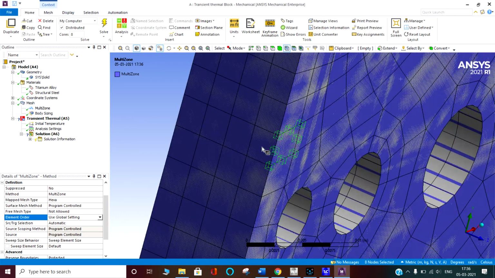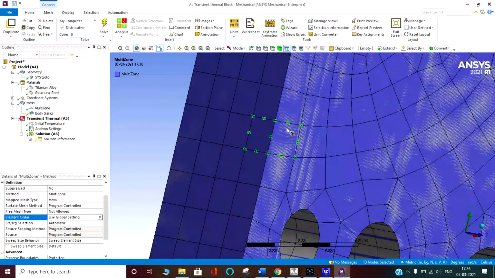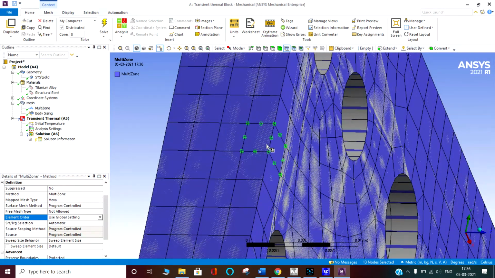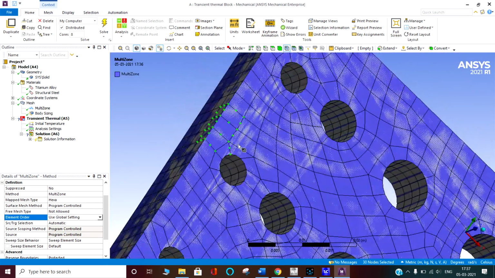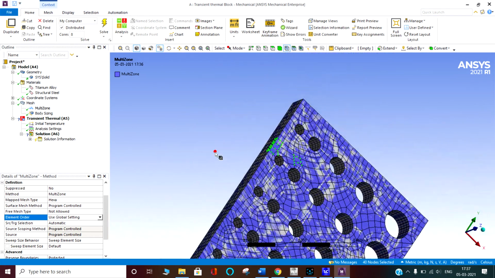See here, it is a quadratic element because it is using nodes on every corner as well as the center of the element. I think all of them are quadratic elements. You can use the linear element also. It depends on you. I am happy with the quadratic elements, no problem.